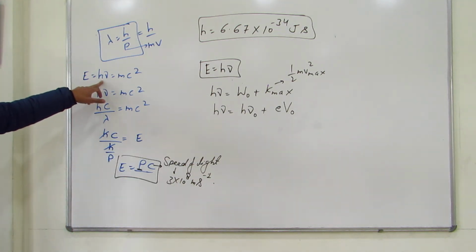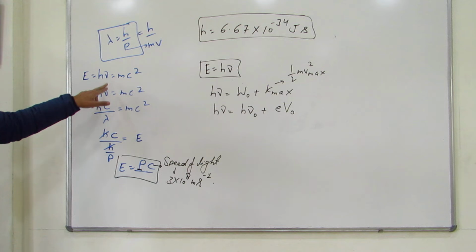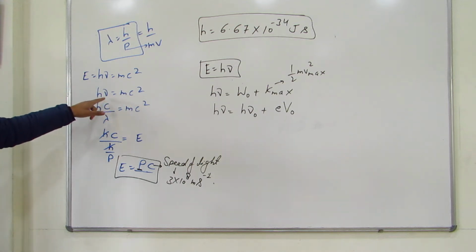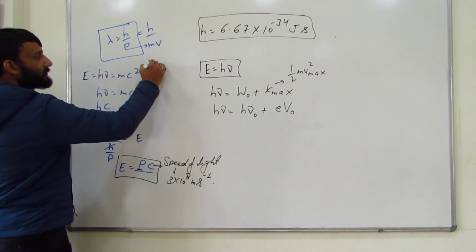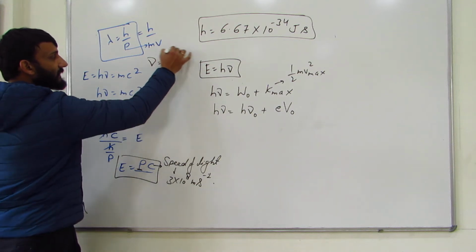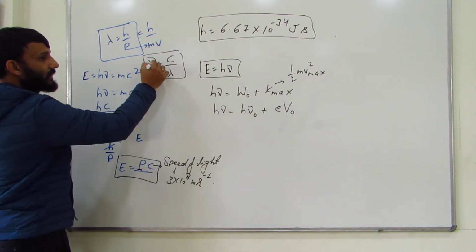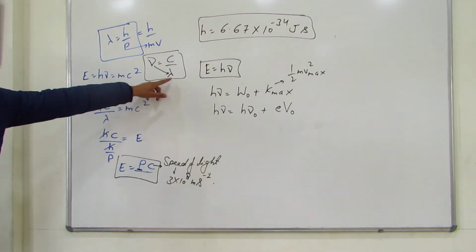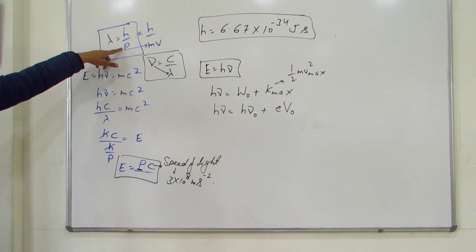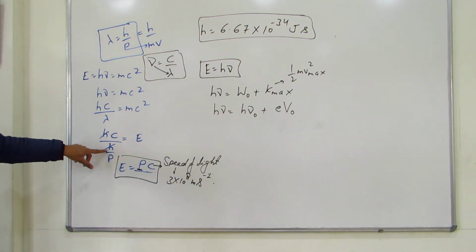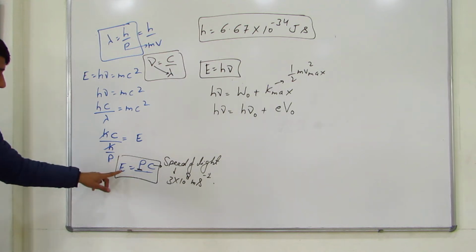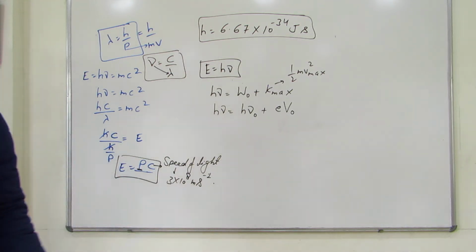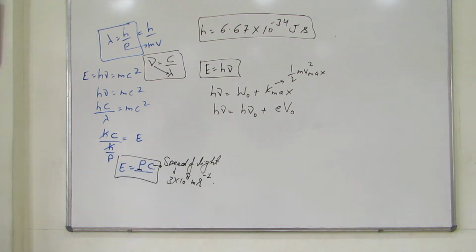So E is equal to h nu is equal to mc square. So h nu is equal to mc square. In place of nu, which is frequency, I can write c by lambda. It is again a formula, the relation between frequency and wavelength. C by lambda I have put. Instead of lambda, what can I write? H upon p. So instead of lambda I have written h upon p. H goes off, this p goes upstairs. So energy is equal to p into c. So this is another formula, right? These were the formulas which we had discussed earlier, and this is of course what we are discussing just now.